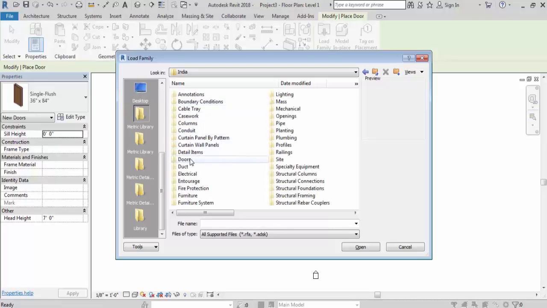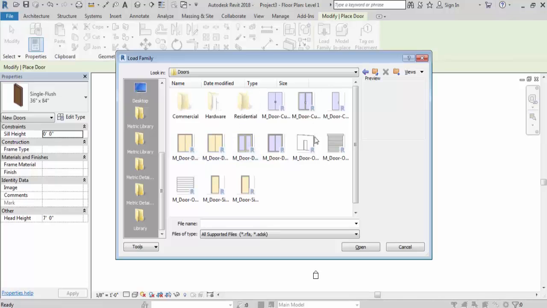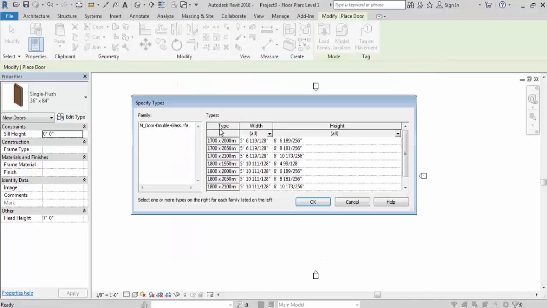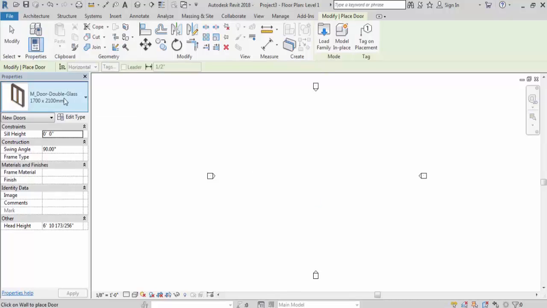So this is Doors. Different types of doors are available here. Whichever door you want, select that, then click on Open. Now these are the sizes, select the size you want and click on OK. Now you can see the door is coming here.